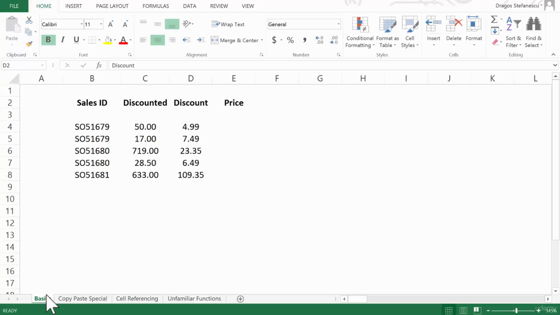So what I have here on the basics tab of the section 2 workbook is a table which has a sales ID, a discounted price, the actual discount, and the actual price, the initial price of the product. Now, what I would want to do is to find out what that price was. So I would add the discounted price with the discount, and then I would get the initial price that that object had. So the way you do this, and you can see the formula bar here at the very top,